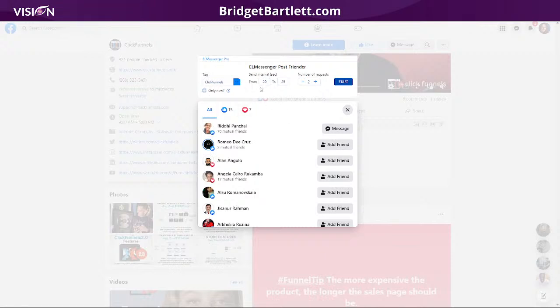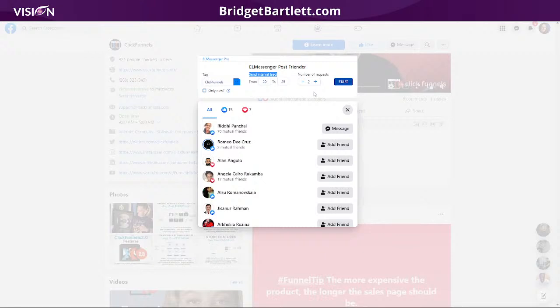We're going to choose our send interval, which if you're doing a lot, you want to maybe choose like 45 to 60 seconds or something like that, or maybe even longer, but it is in seconds. So note that. And then how many friend requests are we going to send here? Now, if you are just getting started with these tools, don't choose 2000. There's not even 2000 engages here, but you need to really think about, again, I can't stress it enough,